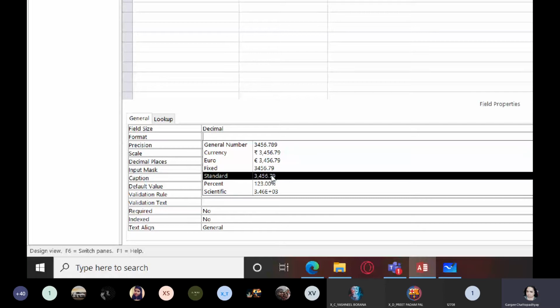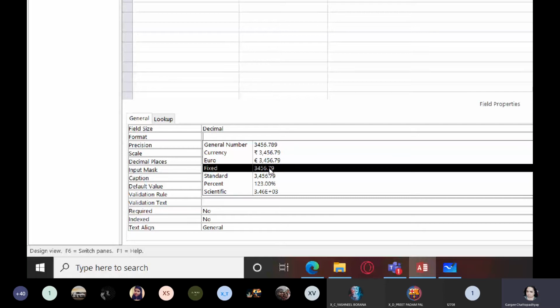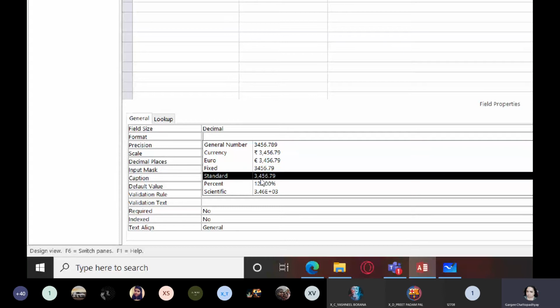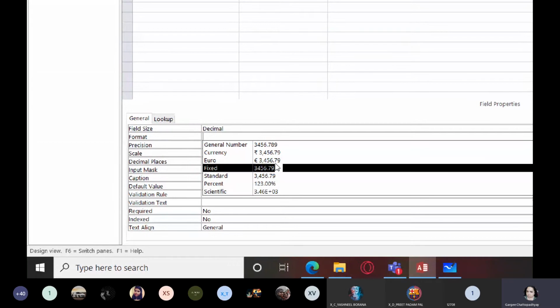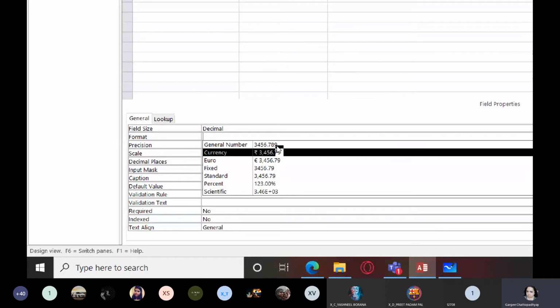Now fixed is like this, that is this decimal point is not going to shift anywhere, it will stay over there. It will not float in the number and change it into scientific notation, because its position is fixed. Standard is using a separator. You can see a comma after 3. So if you have numbers like 20,000, after 20 you will get a comma and then a dot for representing decimal. Percentage, that is divide the number by 100 and represent it in the form of percentage. Scientific notation is the last option. So you can figure out which way you want to save.